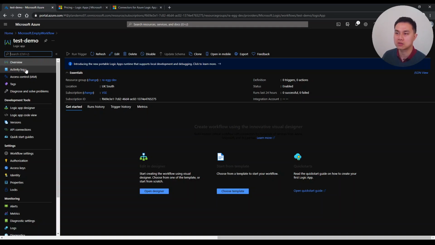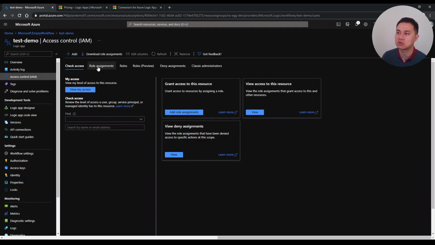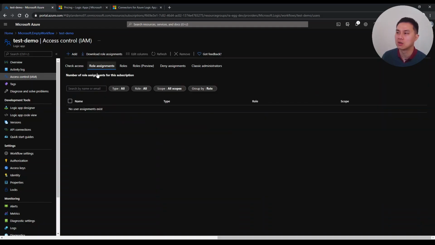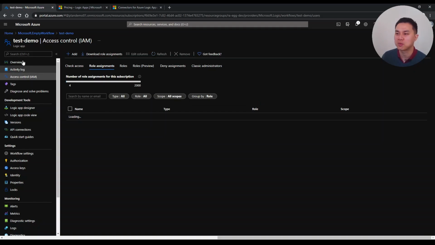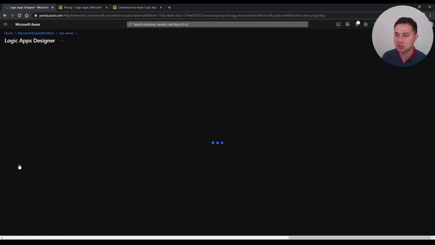On the left hand side you see there's activity log, access controls. This is the key one. Access controls is how you grant people access to this Logic App. Usually you use Azure Active Directory with role-based access controls, so you do it in role assignments here, but that's a separate topic for another video. And then the other key one that I want to mention here is